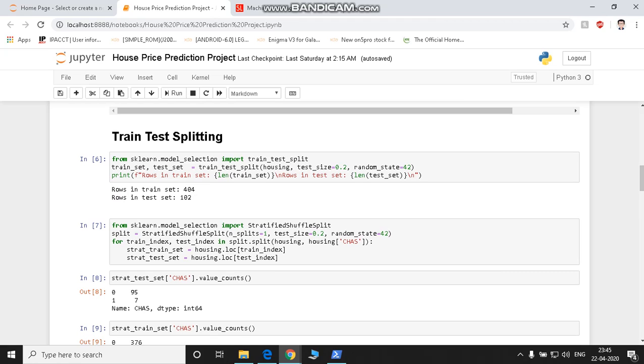Now we split the training and testing data in the ratio 80 is to 20. So the rows in train set is 404 and the number of rows in test set is 102.